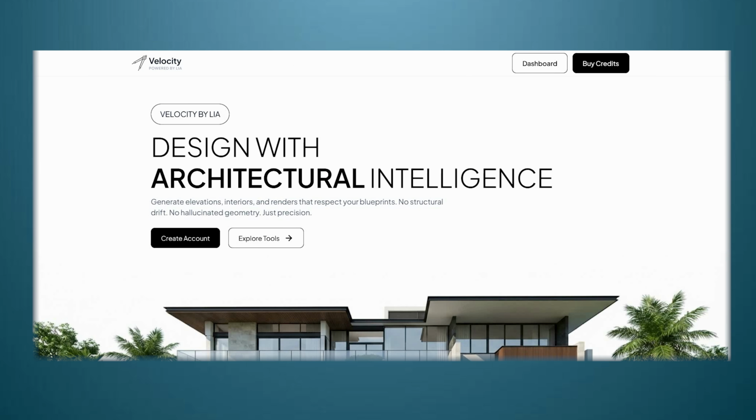So hi guys, in this video we are going to look at how Velocity actually works for front view rendering. If you are new to Velocity or new to AI rendering, then you need to look at this video. So first of all, what we are going to do is,